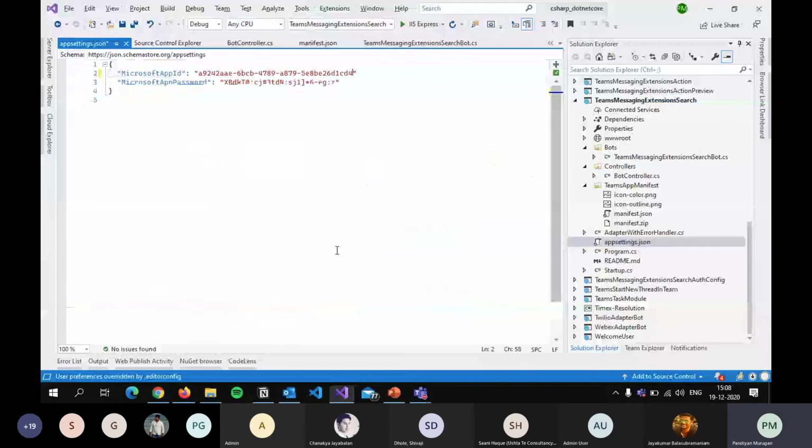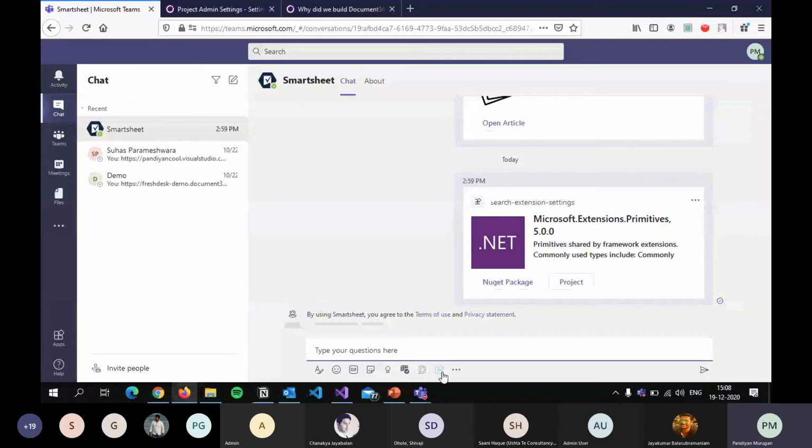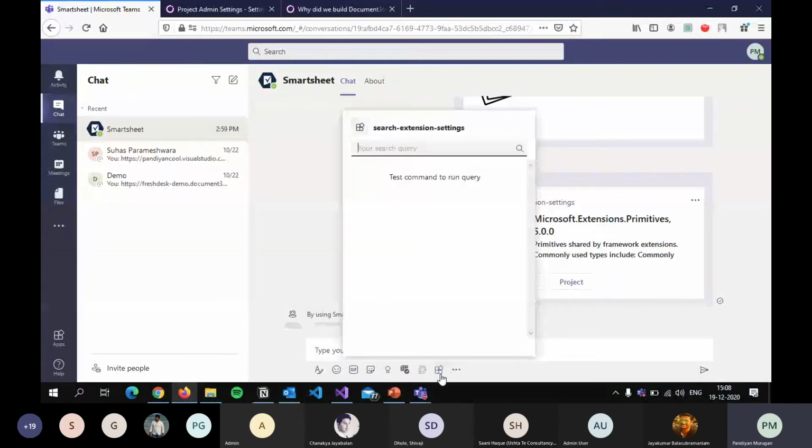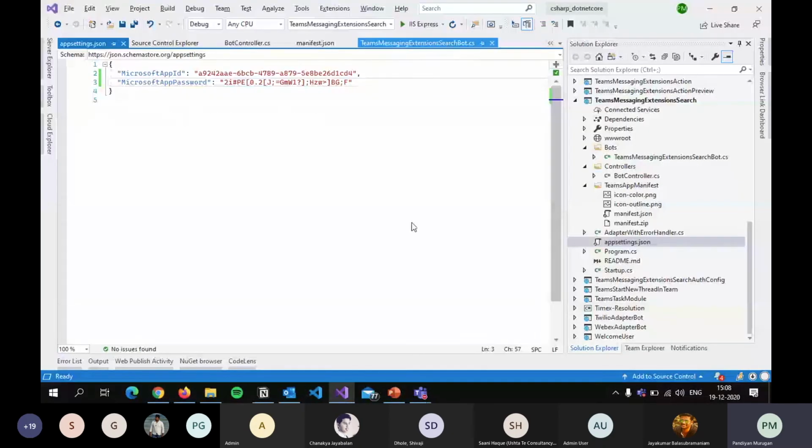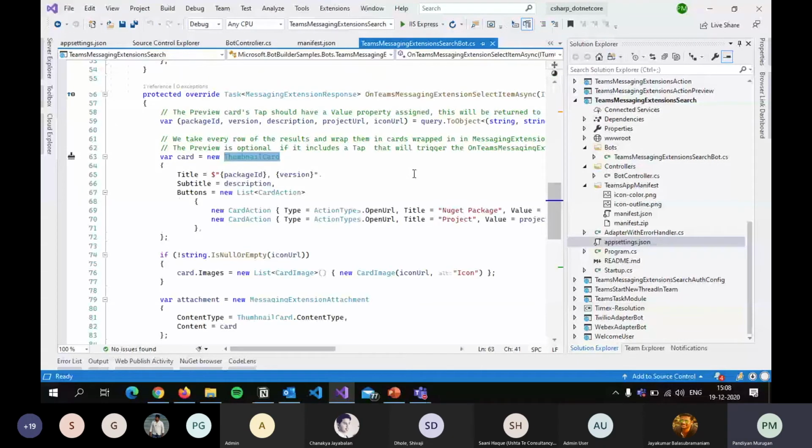What it will actually do is, whenever we search for something here in this sample app, it will send all the requests to the bot which we have deployed here, and the bot will run the particular code you have mentioned. So it will have all the details. I'm just going to right click and publish.